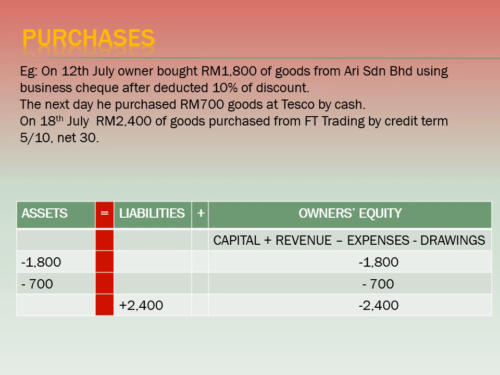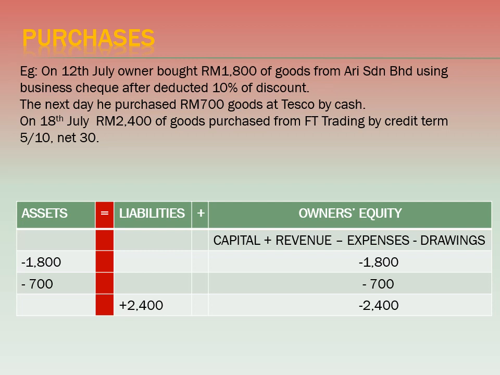The next transaction is 700 ringgit that you use cash for payment. So of course your cash will be reduced. So negative 700 ringgit under the column of assets, and again minus 700 ringgit under the expenses column. But on the 18th of July, because you delay the payment,